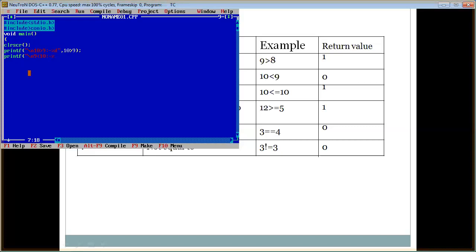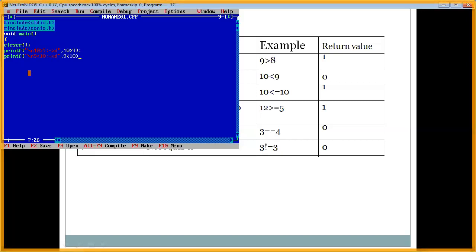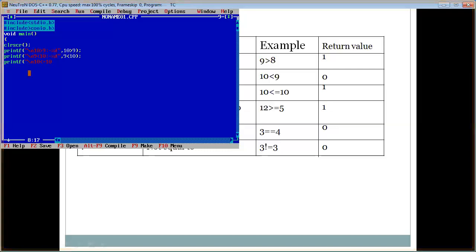Here also I am using the less than symbol. Next printf, I'm going to display less than or equal to. 10 is less than or equal to 100.